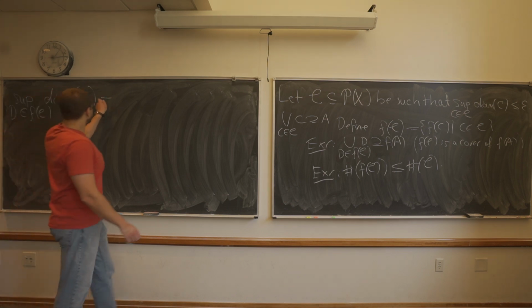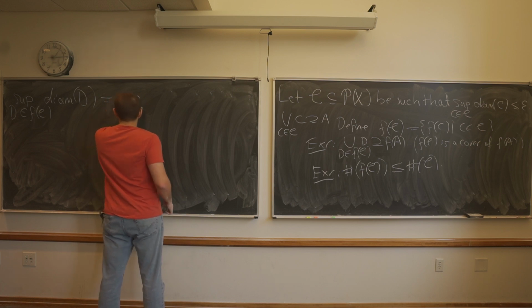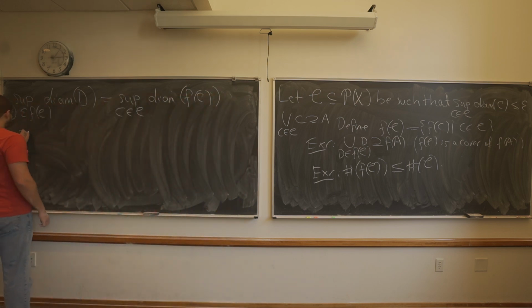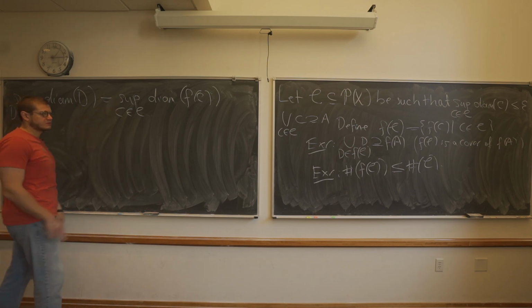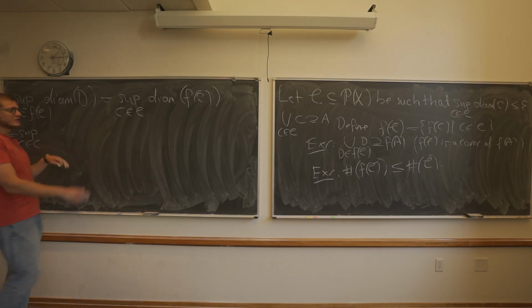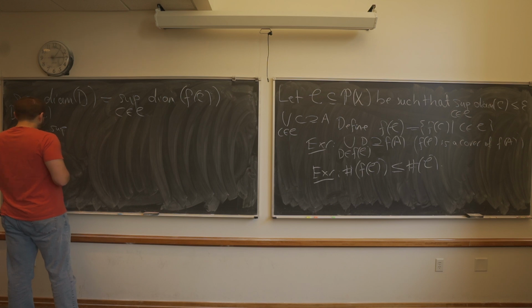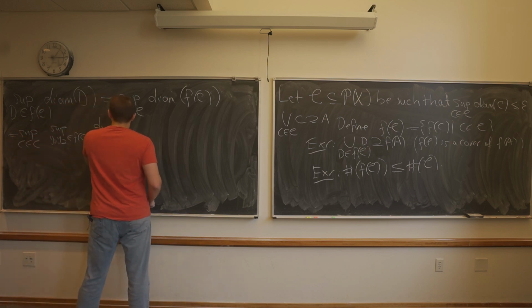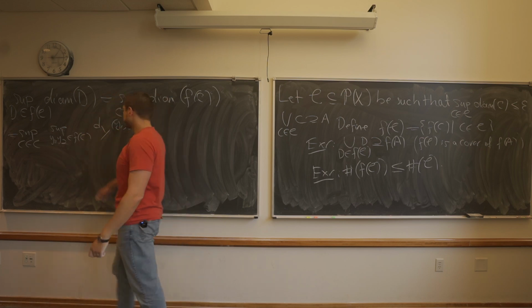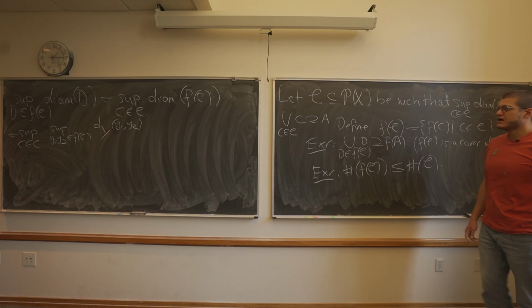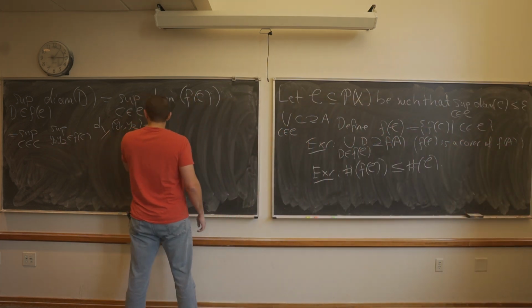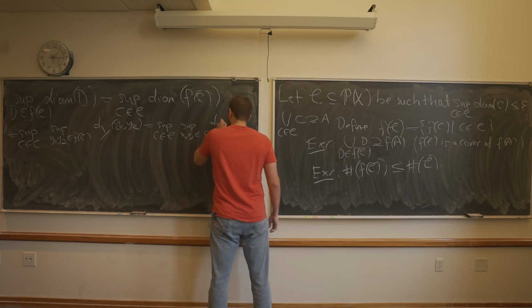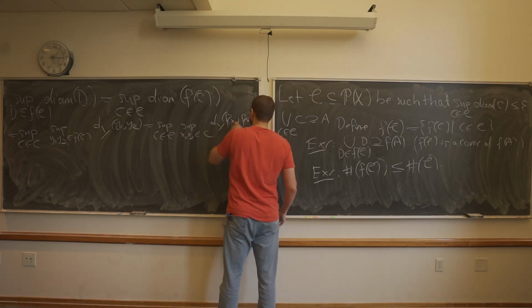This is the same thing as saying the sup over C in curly C of the diameter of the image of C. And by definition, the diameter of a set is the sup of the distances over all pairs of points: sup of d_Y(y1, y2) over y1, y2 in f of C. But if I'm taking the sup over f of C as y_i varies over f of C, I can rewrite it as the sup over C in curly C, sup over x1 and x2 in C of d_Y(f(x1), f(x2)),